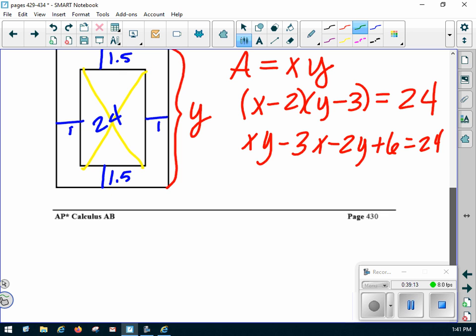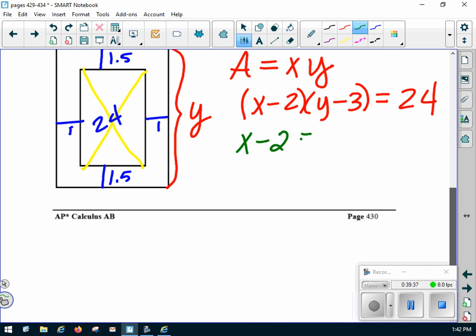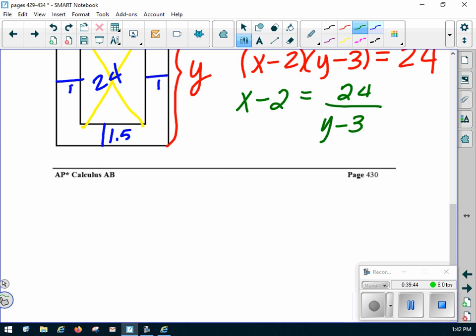Oh, wait. Maggie said, what did Maggie say? Divide it by a term. Yeah. Maggie said right here, divide both sides by y minus 3. And then we'll add 2 to that. X equals,